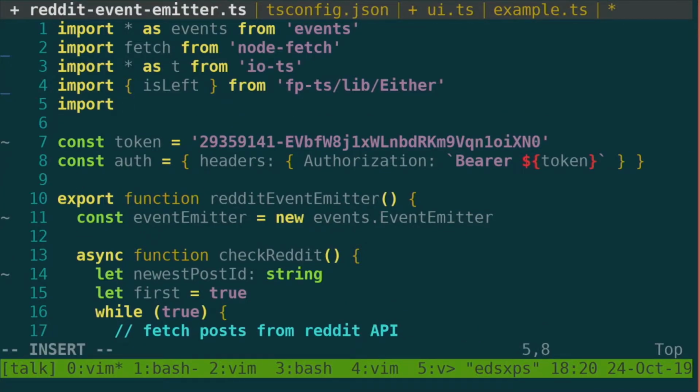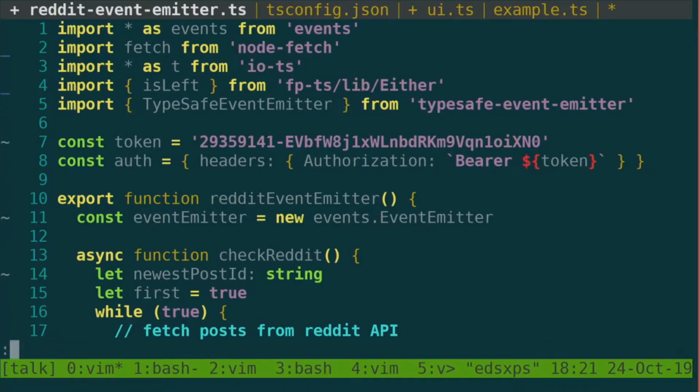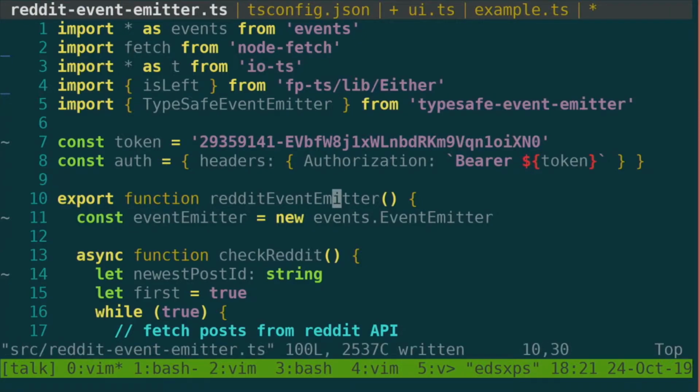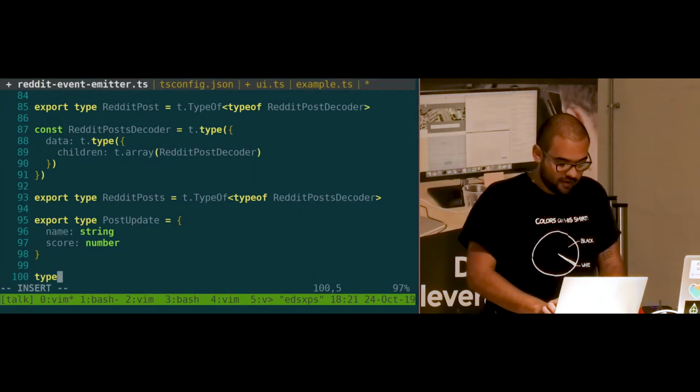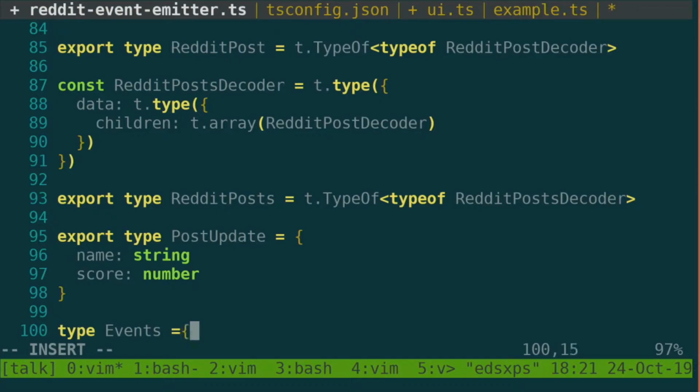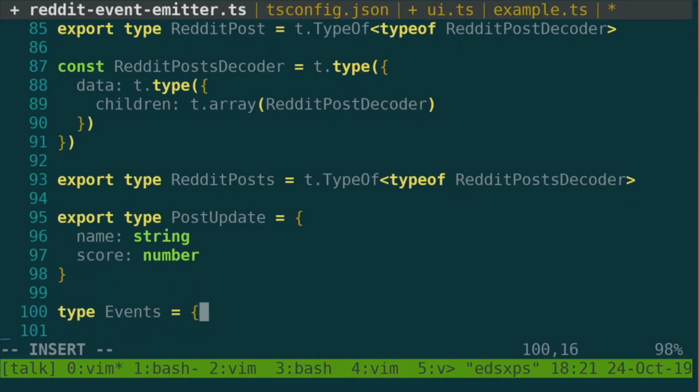So import, from type safe event emitter, you import type safe event emitter. And the first thing you have to do is create your events type so that it knows which events you have. So I create a type called events, and it's of type object, and it has, for instance, new post,